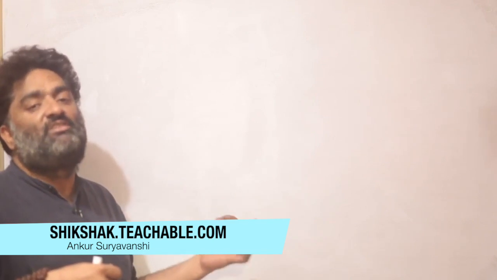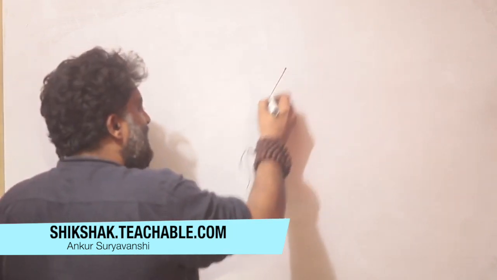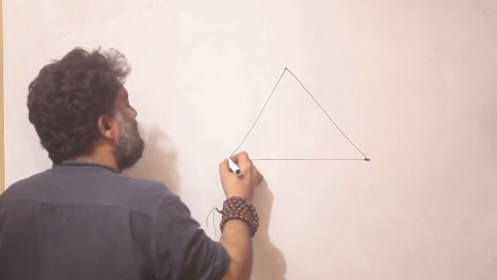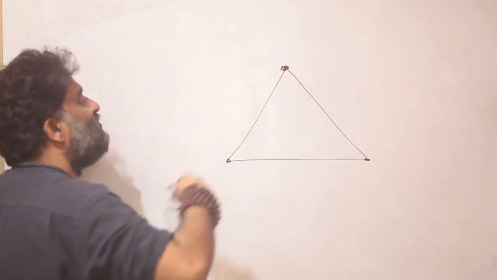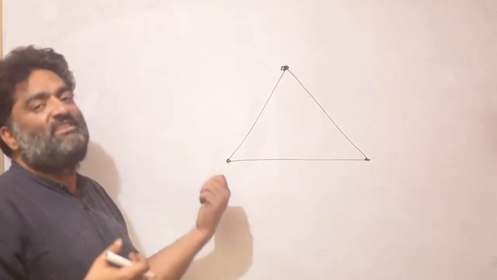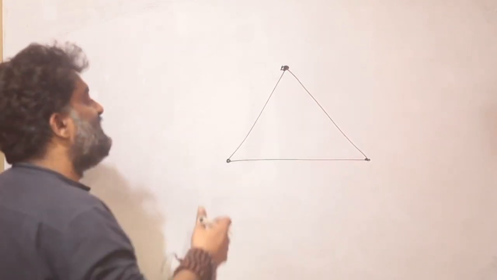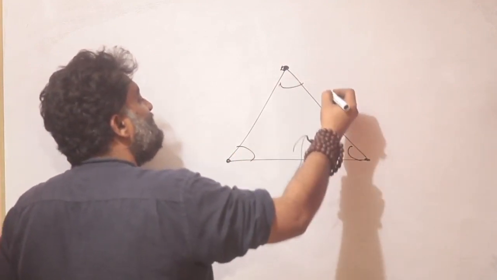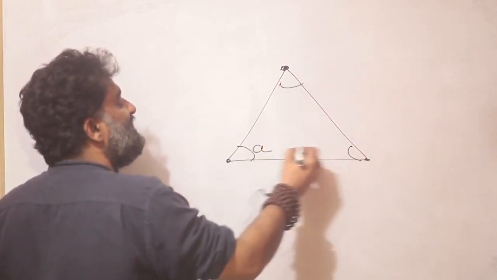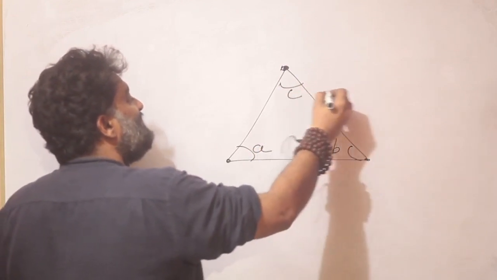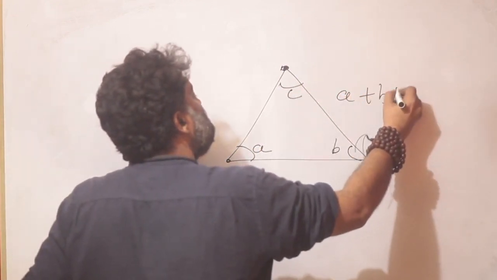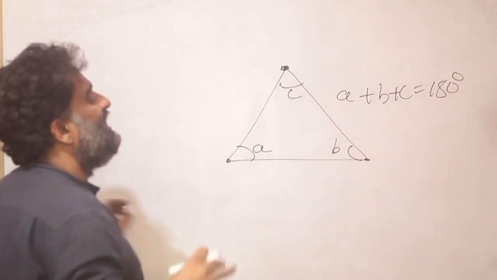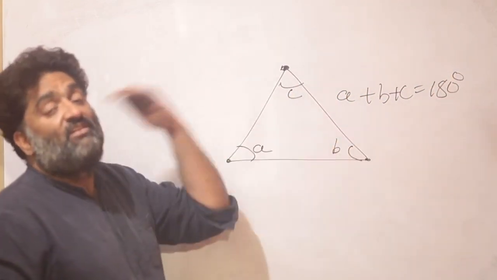very key important result. And we might be very familiar with the result already, because this is a fairly basic idea. Even if I have not mastered geometry, I must have heard of this result a multiple number of times, and that is the sum of all angles in a triangle is 180 degrees. If this is angle A, this is angle B, this is angle C, I know angle A plus B plus C is equal to 180 degrees. Or I have seen this somewhere, or I've heard of this at least.